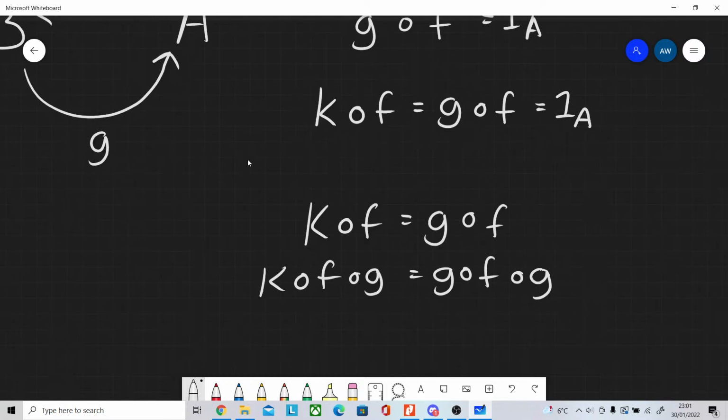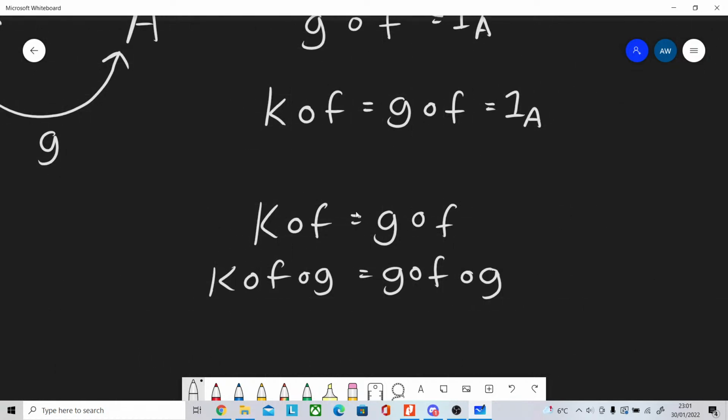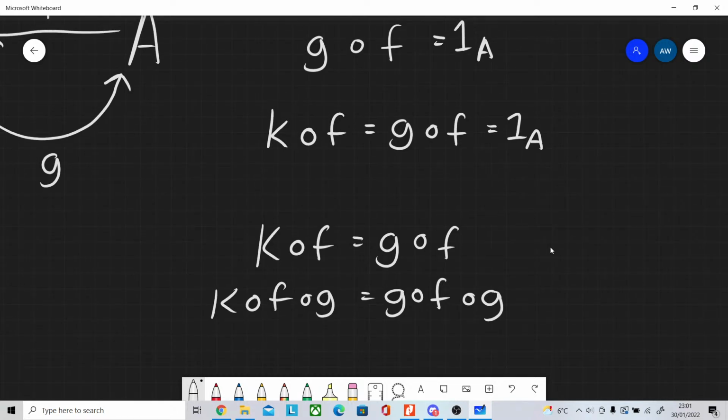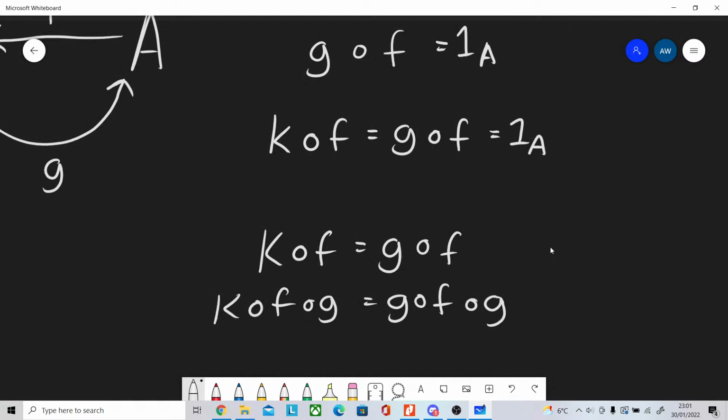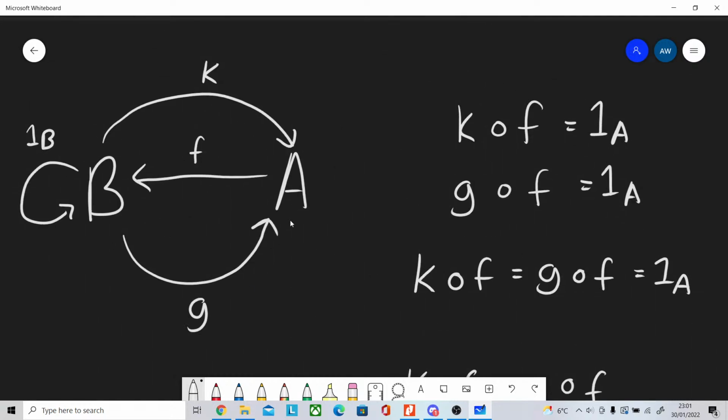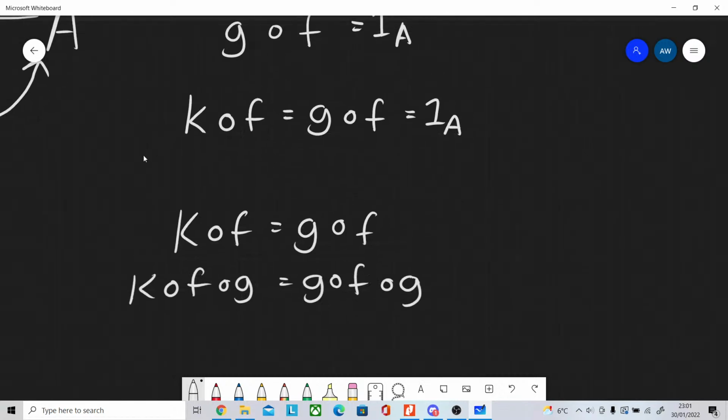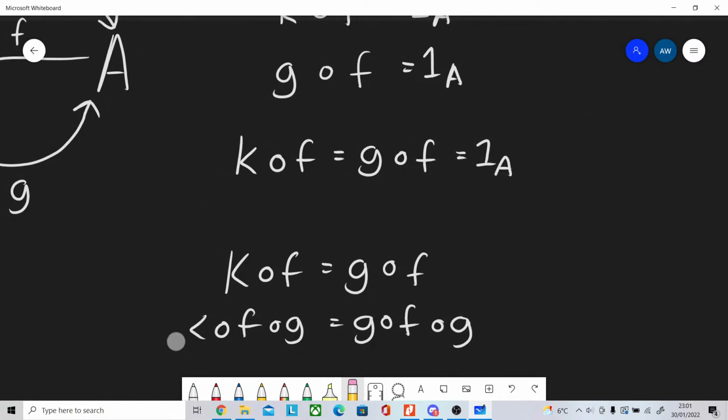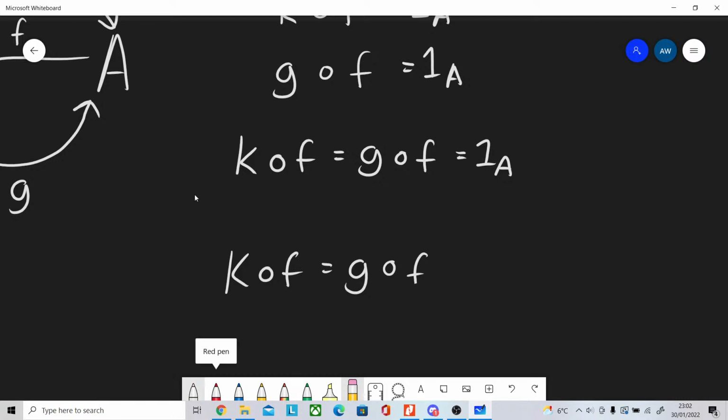One important thing, if you have equality and you want to apply a function on both sides to see if it works or not, you have to make sure that everything still makes sense. This makes sense because GFG, you get G and then F and then G again, right? So let's say I want to do this and then apply F on both sides,